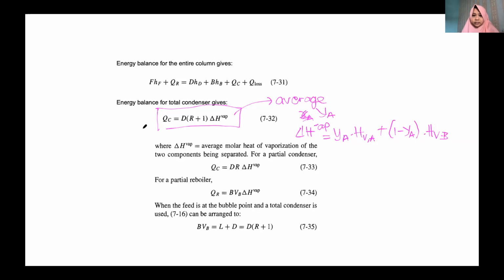Miss, can you repeat again about the average? Okay, yeah. The average, if you have components A and B, like two components, yeah, and then